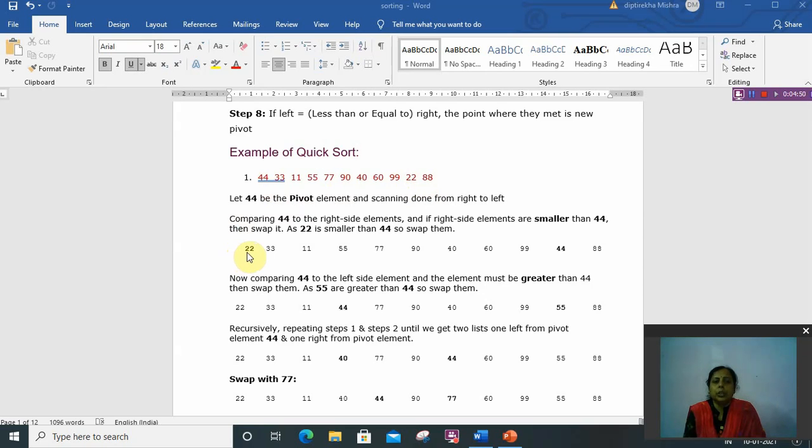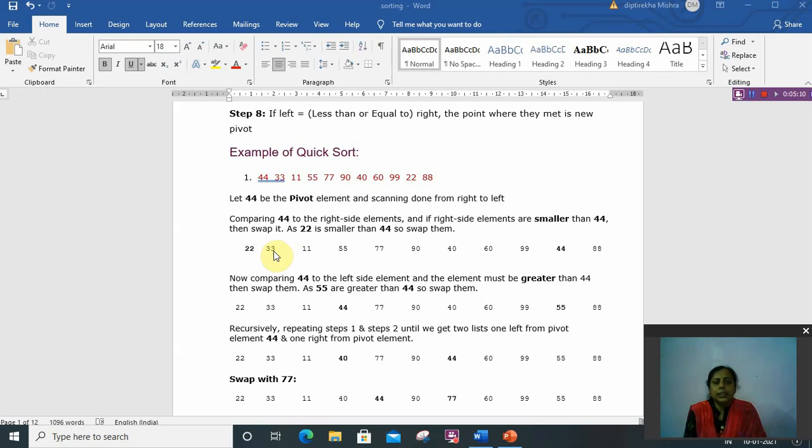Okay, so 22 here and 44 here, they will exchange. Then from the left side comparison starts. On the left side the left element should always be smaller than the pivot element. So 22 is smaller than 44, then it moves toward the right.